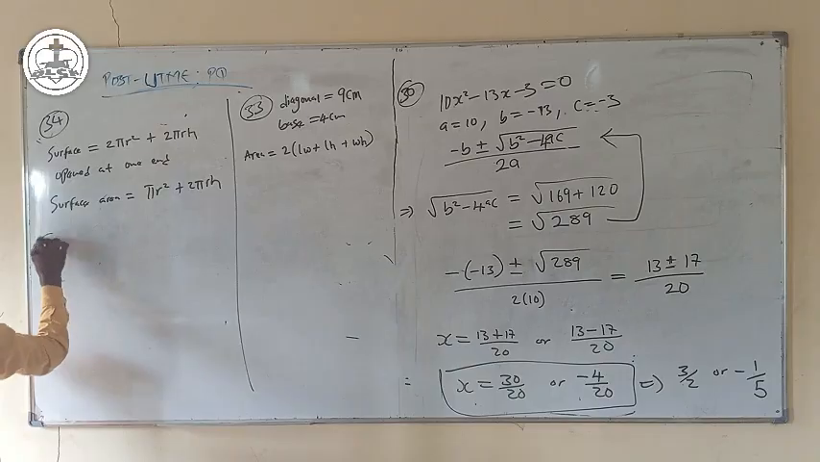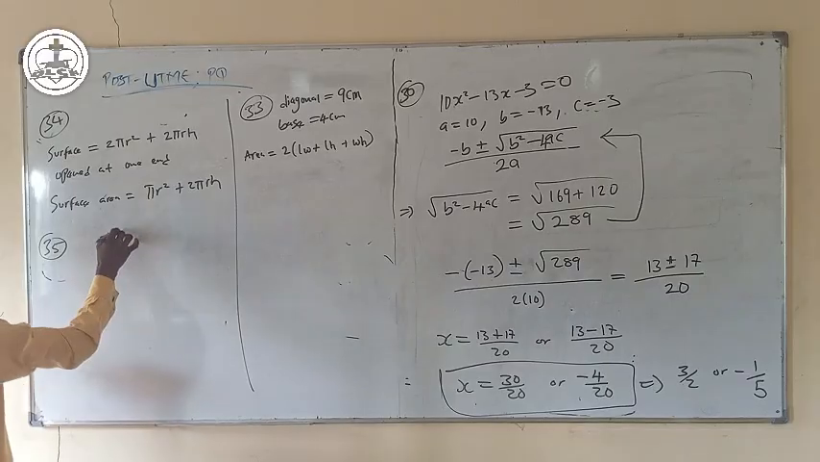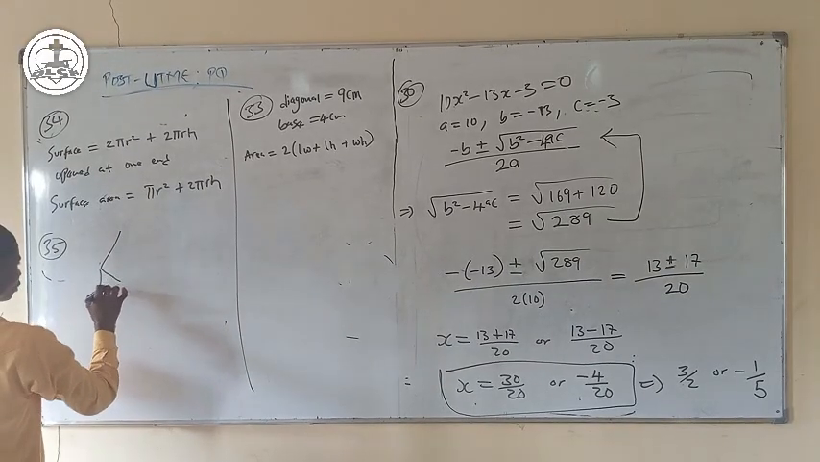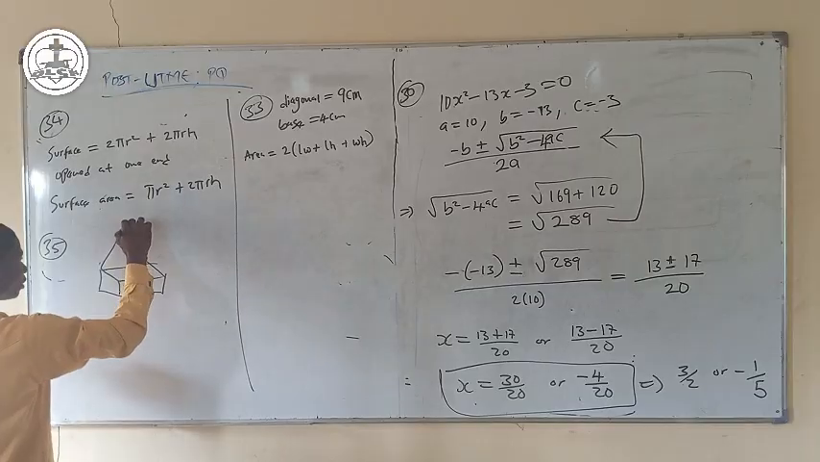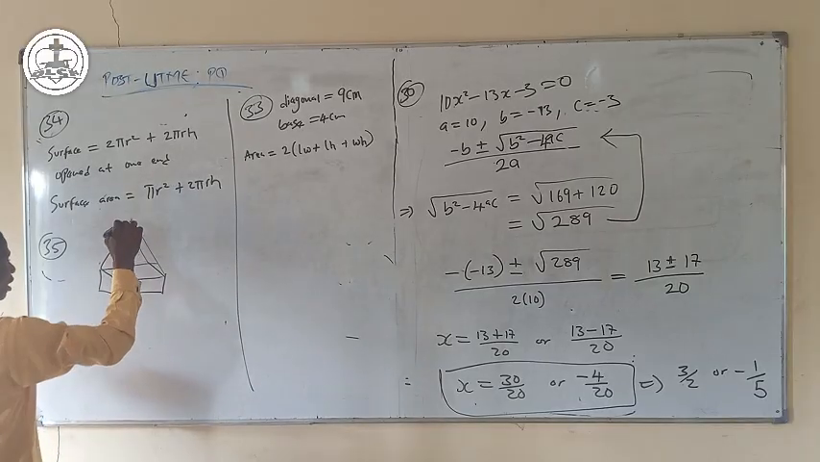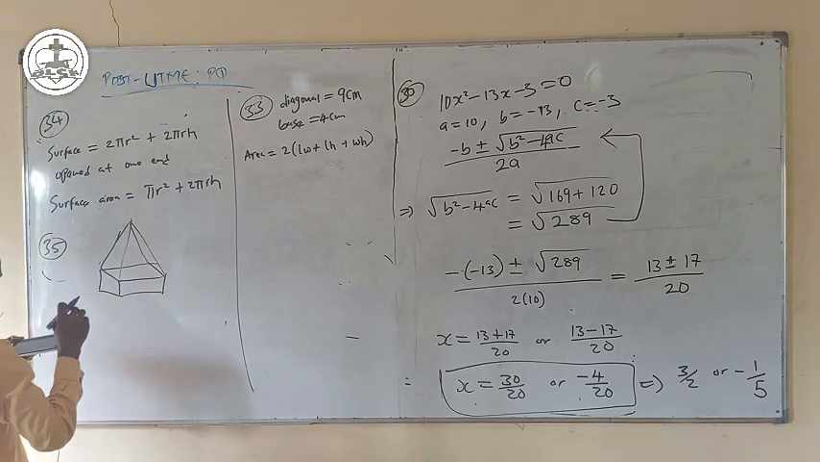So at 35, a pyramid is constructed on a cuboid. Let's say this is our cuboid, and there's a pyramid constructed on it. Apparently, the figure has